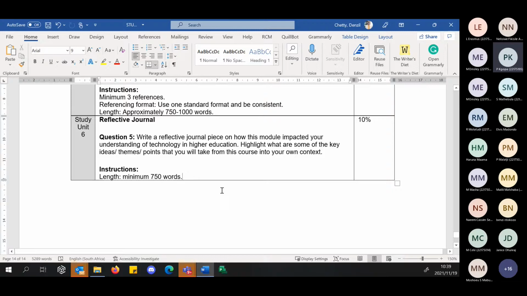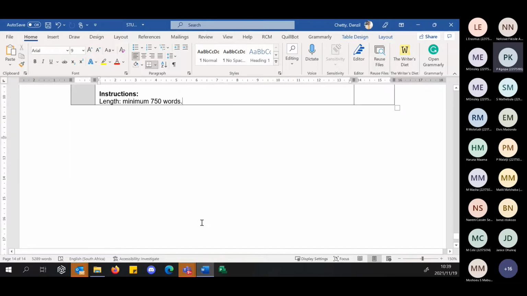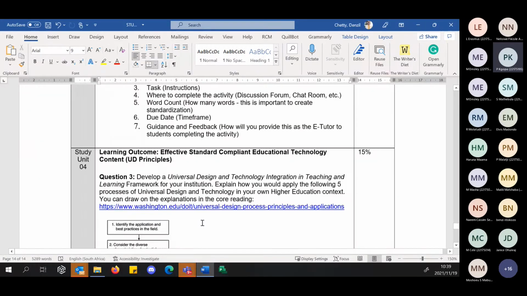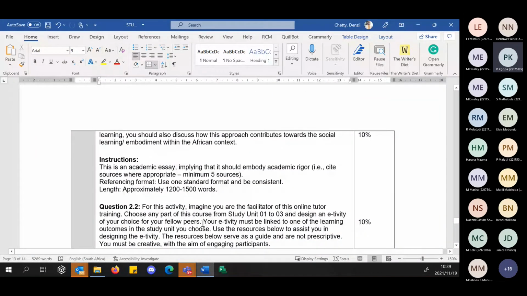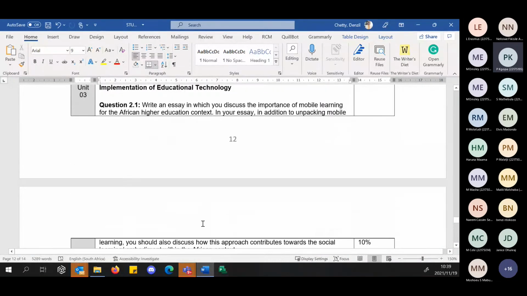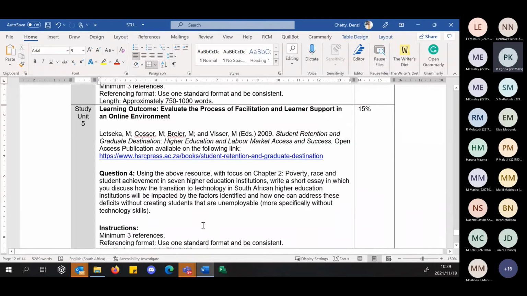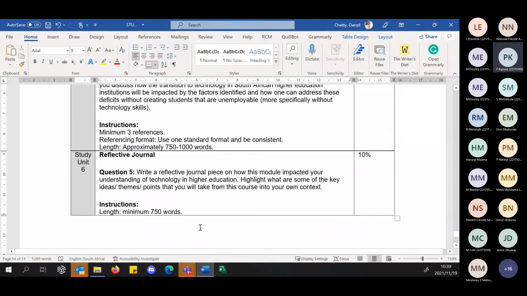So colleagues, this is what your portfolio looks like. Each learning outcome per study unit with an activity, the percentage breakdown, and the last activity, which is the reflective activity. All I want you then after to do, colleagues, is simply consolidate all these 5 elements into one PDF document or one Word document, and then you send it to me for grading as part of this.